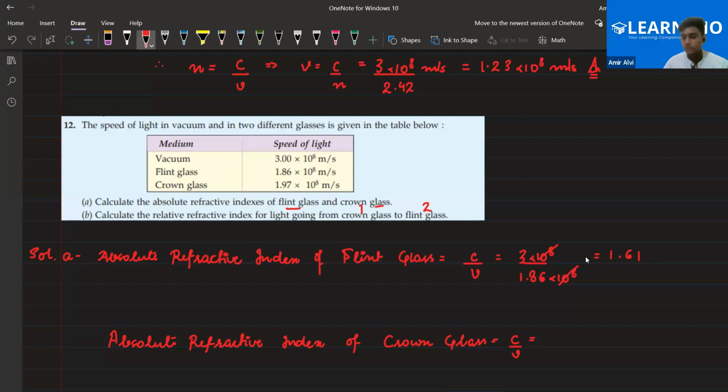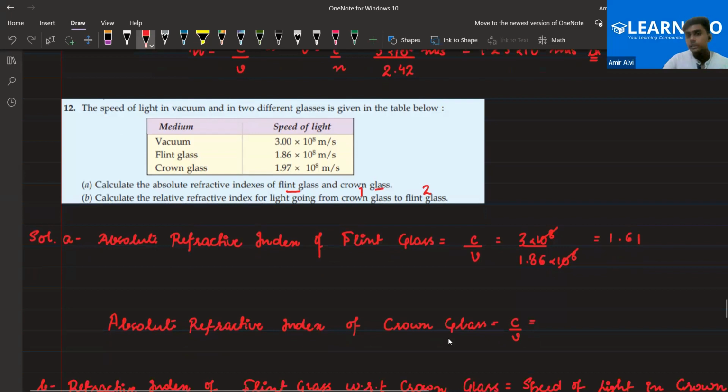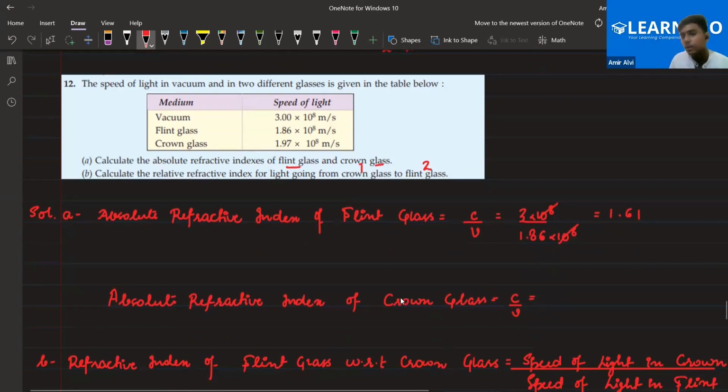Yes. ठीक है? Now let's take the crown glass। Crown glass में absolute refractive index find out करना है। Speed of light will be same, 3 into 10 to the power 8 divided by crown glass की speed है 1.97 into 10 to the power 8। This will cancel this, so 3 by 1.97, so it would be 1.52।